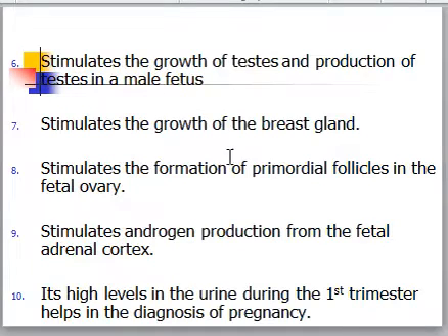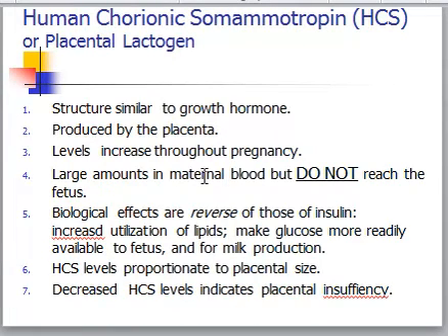It stimulates the growth of the testes and the production of testosterone in the male fetus, stimulates the growth of the breast gland, stimulates the formation of primordial follicles in the fetal ovary, and stimulates androgen production from the fetal adrenal cortex. It is high in urine during the first trimester, which helps in the diagnosis of pregnancy. Followed by that there is human chorionic